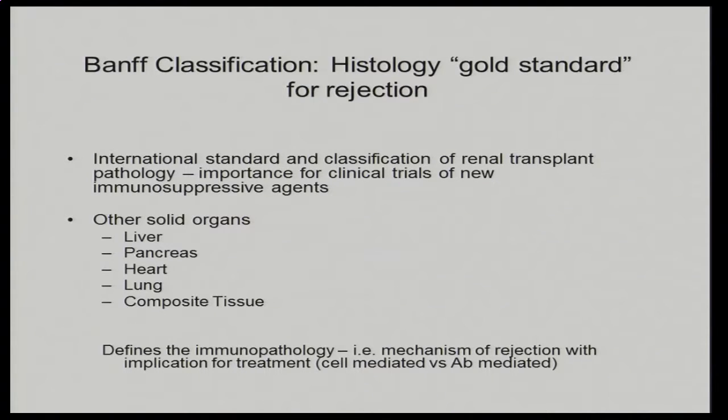The next thing I'd like to move on to in terms of defining a rejection is to give you an idea of our current gold standard, which is histologies. So the Banff classification is an international standard classification of renal transplant pathology, which defines rejection. It is used in other organs. I'll only talk about the renal transplants at this stage,